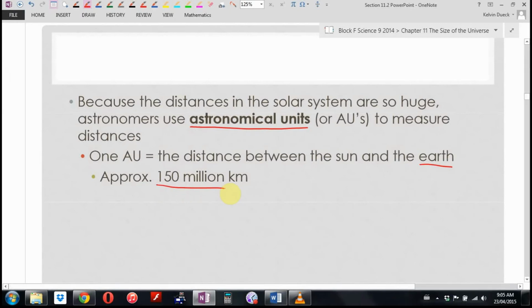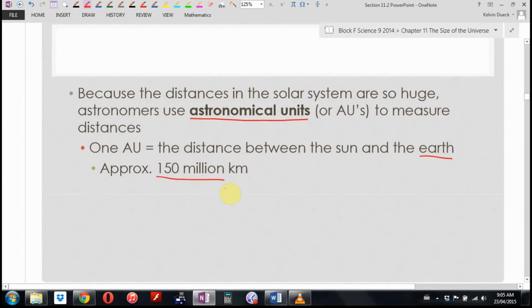That's, by the way, 150 million kilometers. Lexi, that's 1 AU. You can see this is why we go with AUs, because otherwise the numbers get really, really big, really, really fast. That's also a great vocabulary word. What's 1 AU? What's 1 astronomical unit? The distance between the sun and the earth.